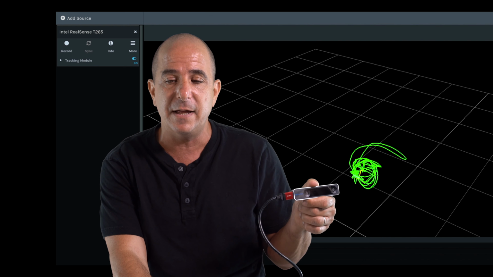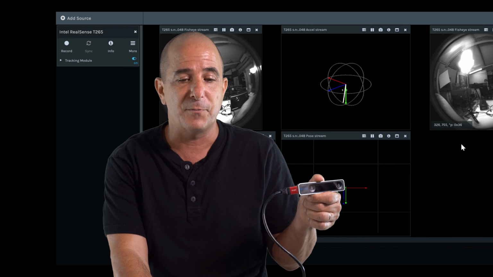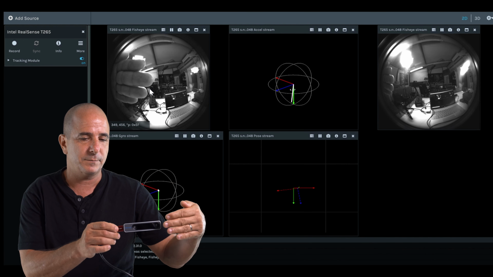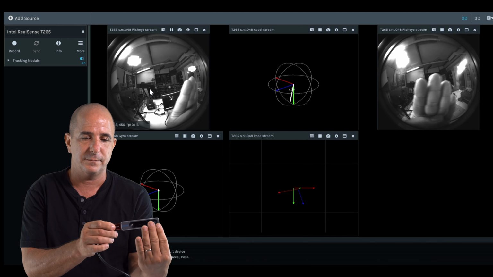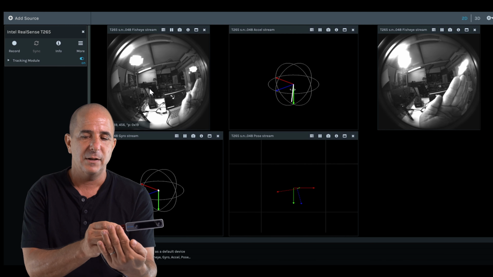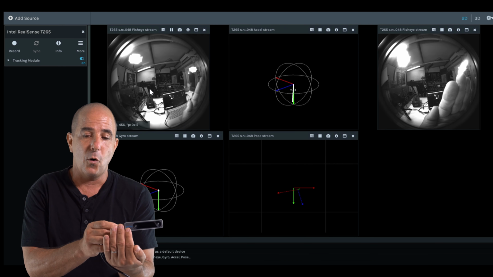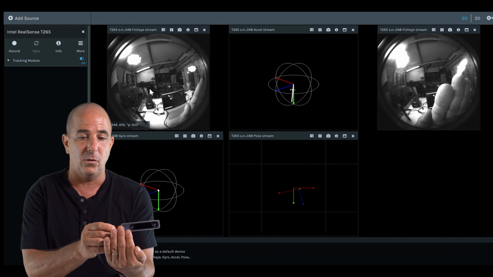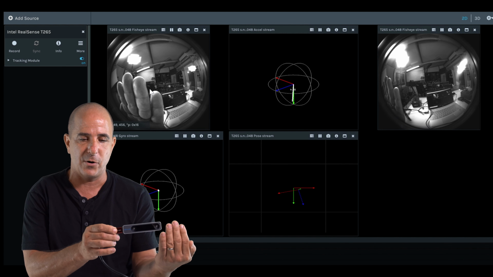And the way to understand that is to look at a 2D representation of it. So here we see the left camera and the right camera. And you can see how my hand looks different from the left lens and the right lens.